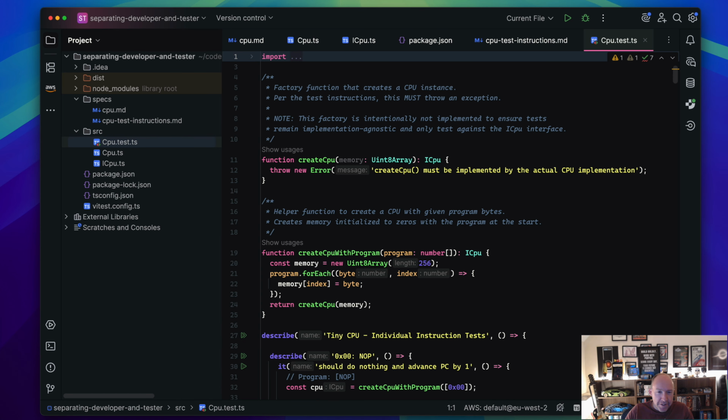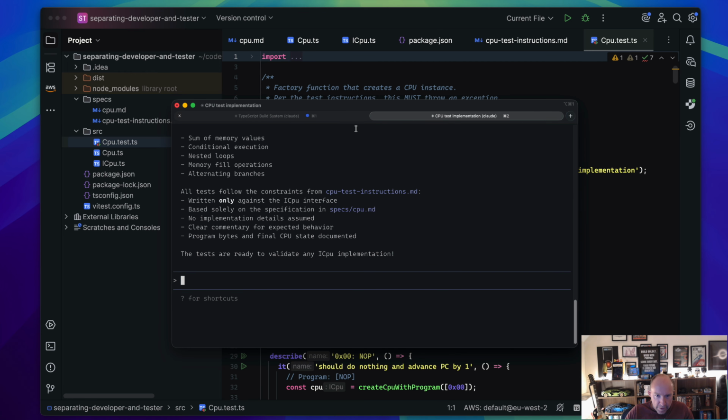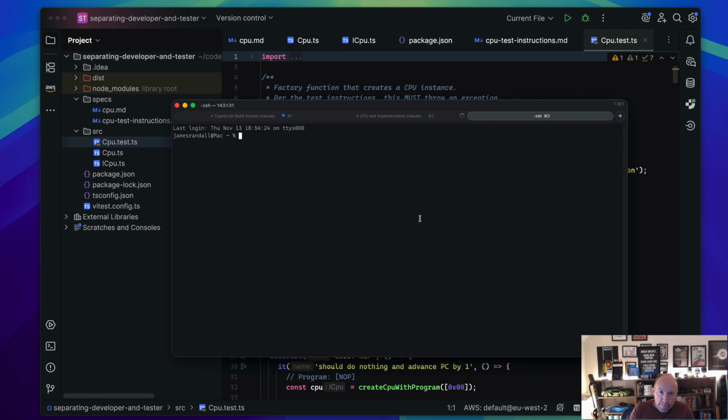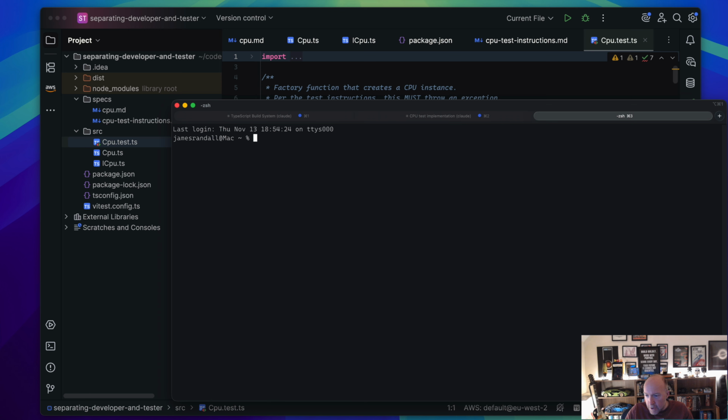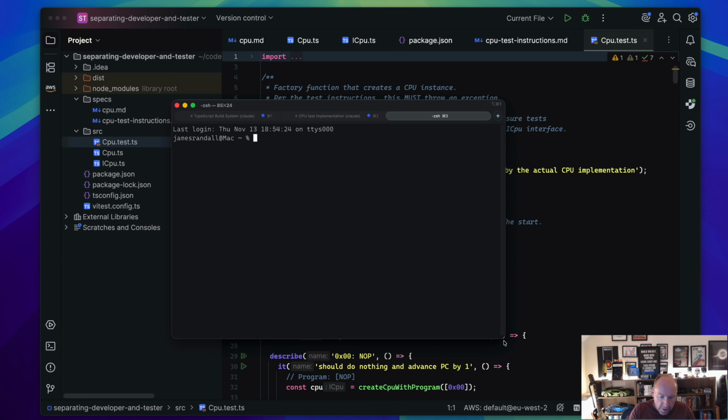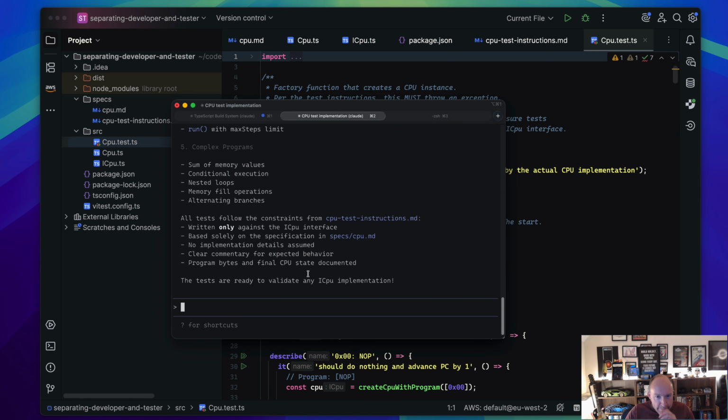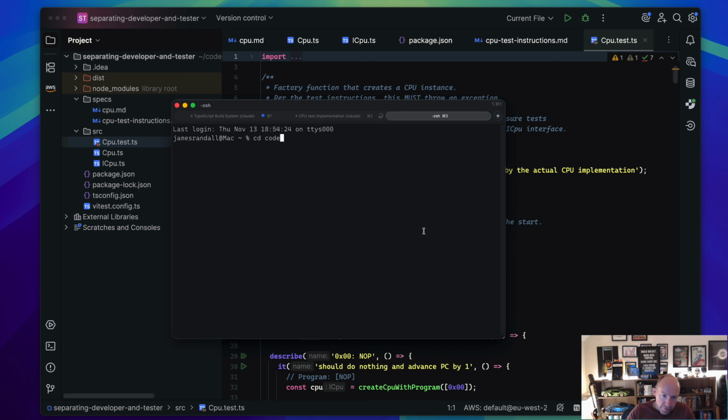So if I run this, let's just make it a bit bigger for people. I just want another window for this. I'm not going to close down the test implementation, because if we find problems with the tests, I will start asking Claude to fix them. So I wanted to keep its context as to what it's done. So let's